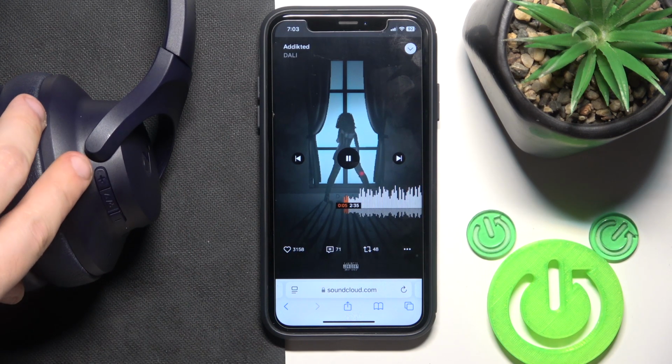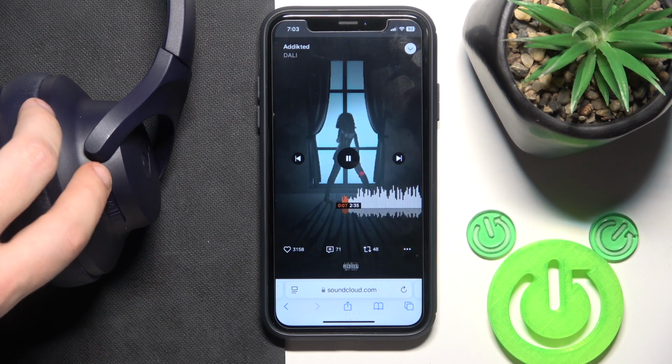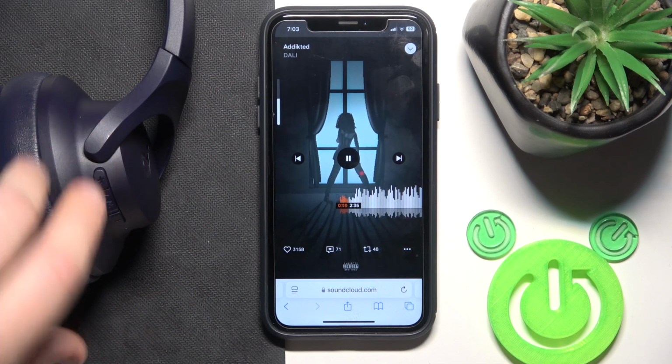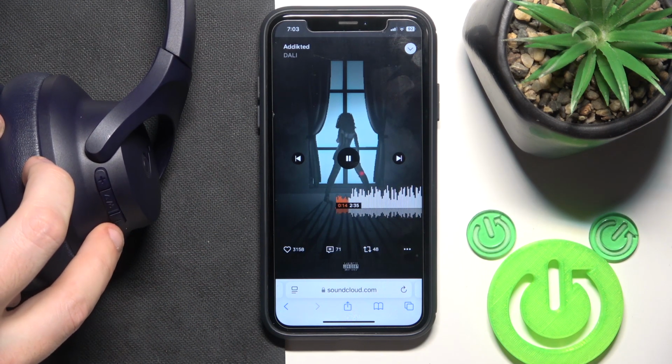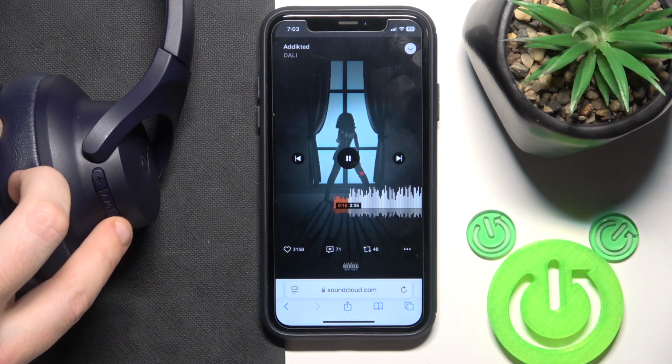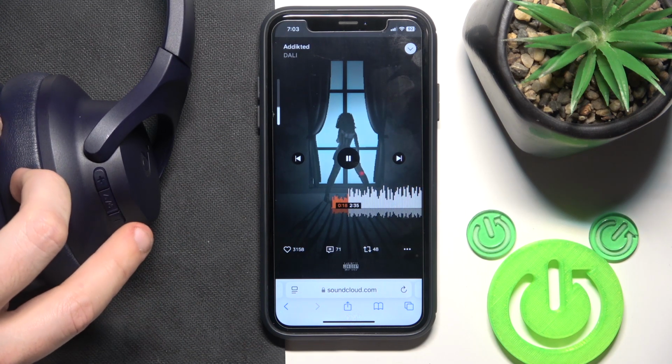To increase the volume, use the volume up button, which looks like a plus, so press on it or press quickly, and you will increase the volume. And to lower the volume, use the volume down button, which looks like a minus, so again press or press quickly,